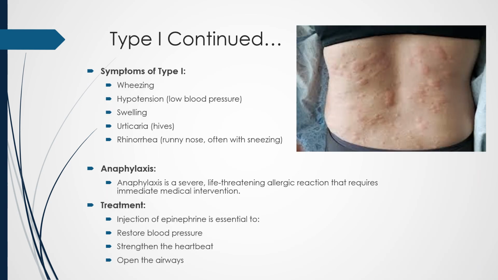Symptoms of type 1 hypersensitivity or anaphylaxis include wheezing, hypotension, swelling, urticaria or hives, and rhinorrhea, which is a runny nose, often with sneezing. Anaphylaxis is a severe life-threatening allergic reaction that requires immediate medical intervention. Treatment involves injection of epinephrine, which is essential to restore blood pressure, strengthen the heartbeat, and open the airways. Common triggers for anaphylaxis include bee stings, which is the most common, penicillin, foods such as nuts or shellfish, animal dander, latex,